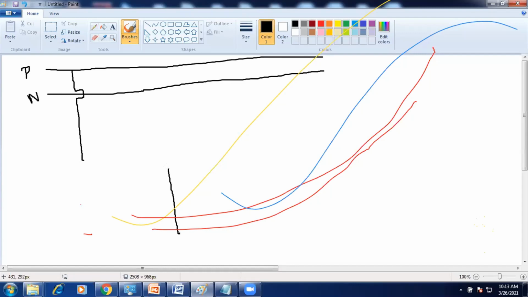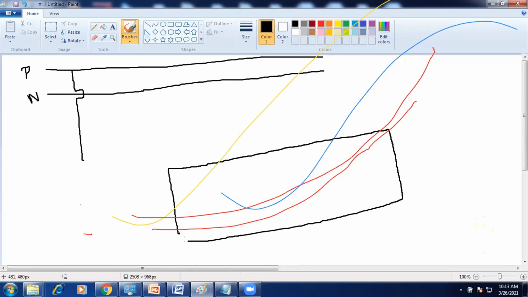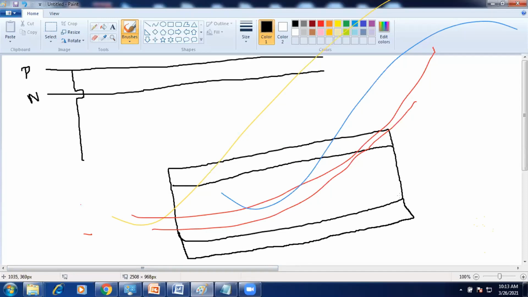So this is my PLC. Input side and then output side. Right now we are discussing only digital inputs and outputs. After that we will move to the sensors part.